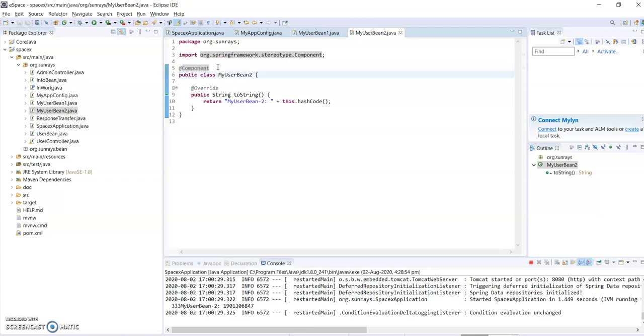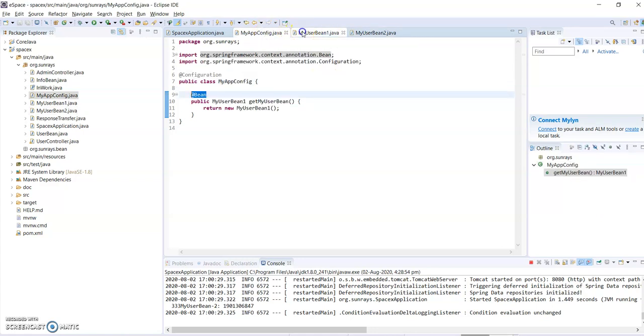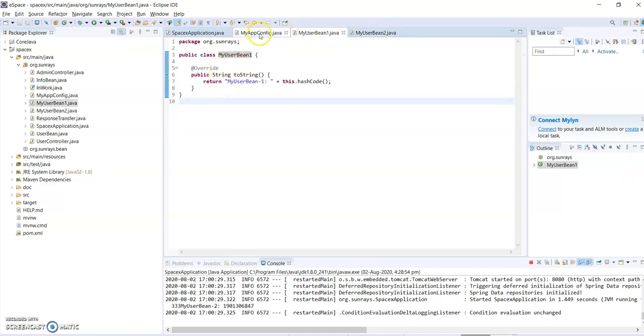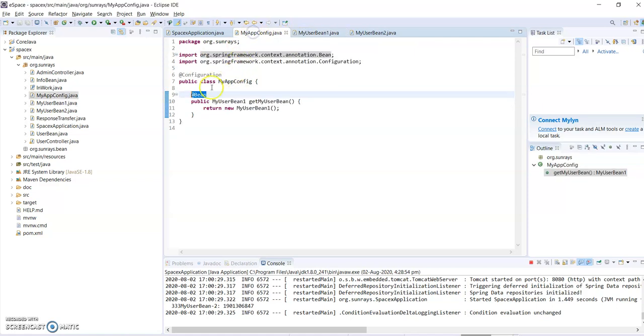So for external classes and external jars, we don't have that option. So we have to go with @Bean only. We have to give the @Bean annotation so that the external beans can be configured and made available to the Spring context.